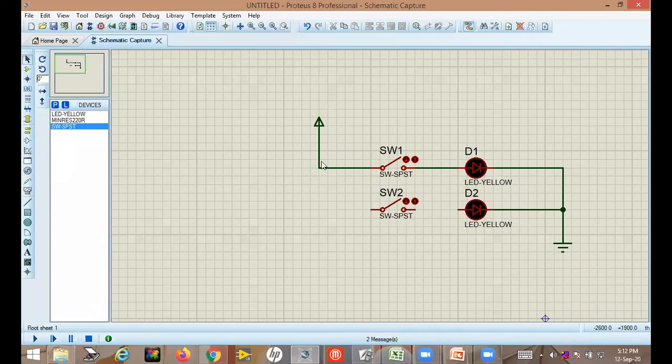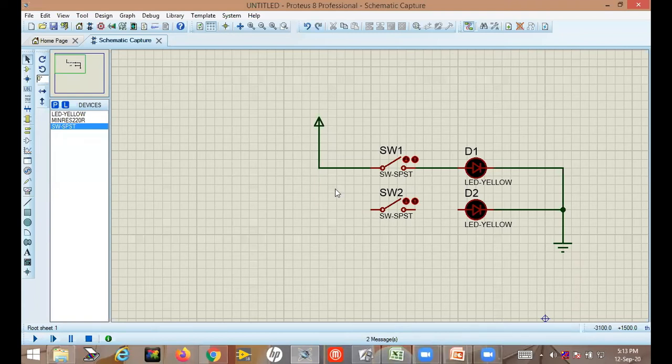See, if you want to establish a connection from here to here, when I move my mouse, the square dot is not appearing. But from this point, I want to start my connection, and here the dot I am not getting. So from here to here you cannot connect, but from here this dot is coming, which means the wire can be connected. So just click here, then move, and now the dot appears, click here. This is the way you have to make the connection.